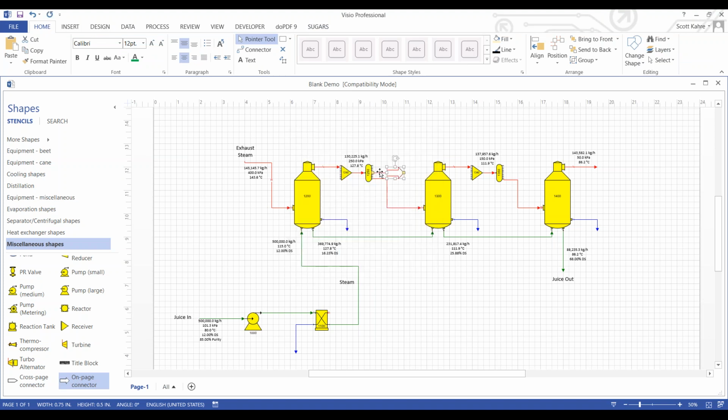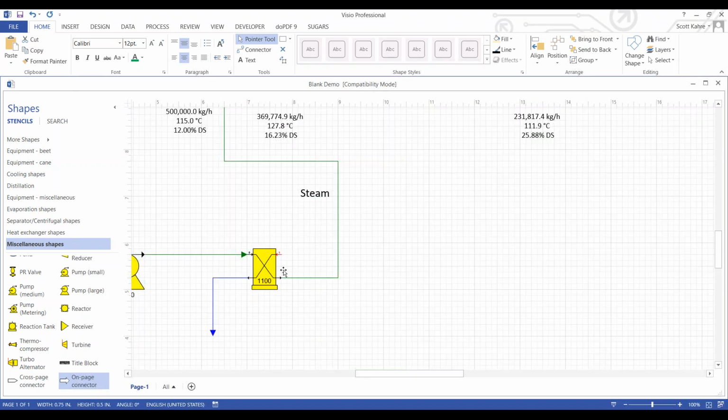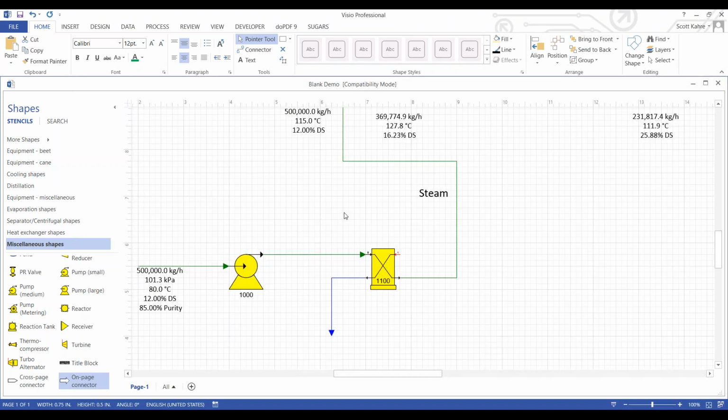Okay, so I'm going to go back to home and put this connector on the steam and vapor layer. And you notice I connected the back side of the arrow, zoom back in a little bit, to the connection point on this distributor. If this is my first vapor header, that's where I want to get the steam. Now, with a cross-page connector or an on-page connector, they work the same. All you have to do is copy, and then come to the place where you want it to go. I'm going to paste,